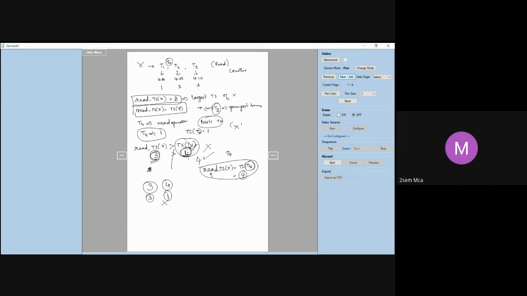The same thing will apply for the read as well as the write operation. If this condition is not satisfied, you allow the operation to happen, and then you set the timestamp. Next, when you compare, you will be comparing the 4 with something else, not the 3. 3 is gone because there is a younger transaction doing a particular operation on X. The other variations we will probably see in the next class.